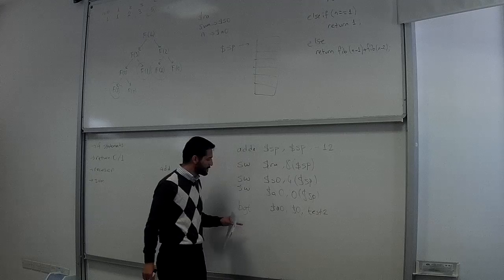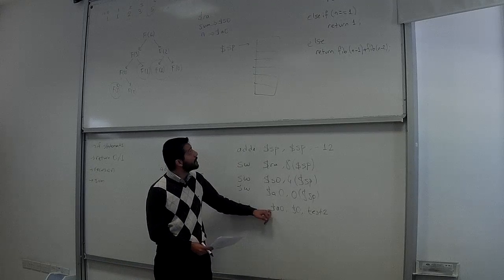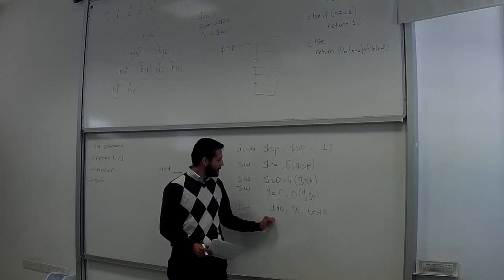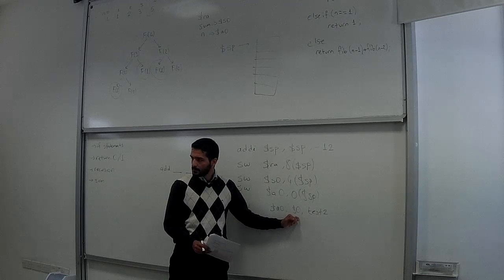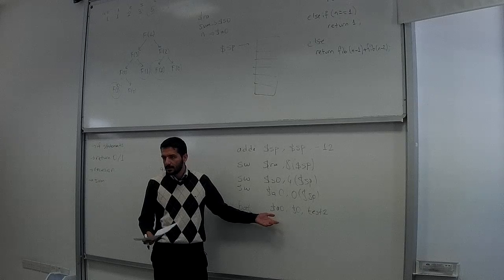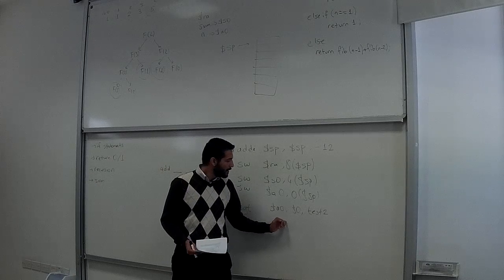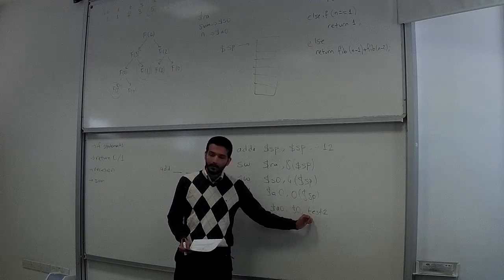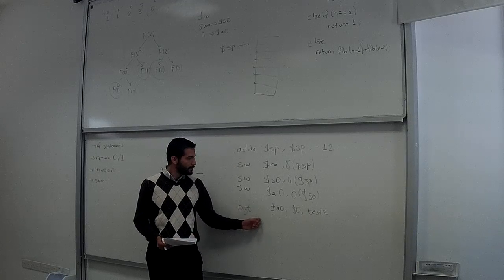I'm going to come to test 2. So I'm checking my A0, which is my n. If it's greater than 0, it's either 1 or even larger. So if it's greater than 0, I go to test 2. Why? I know that my